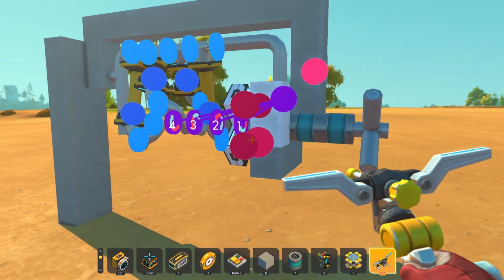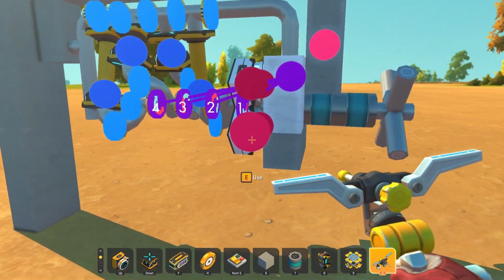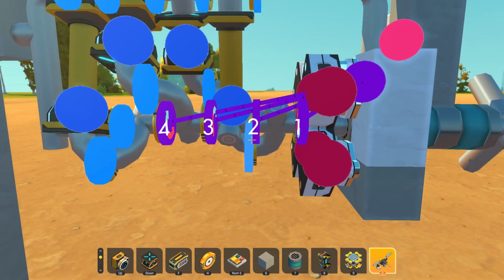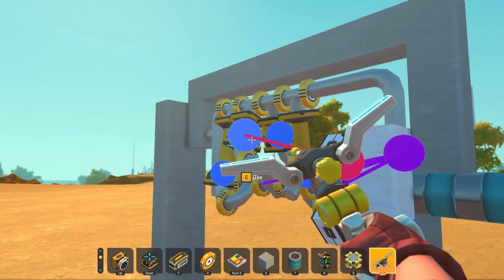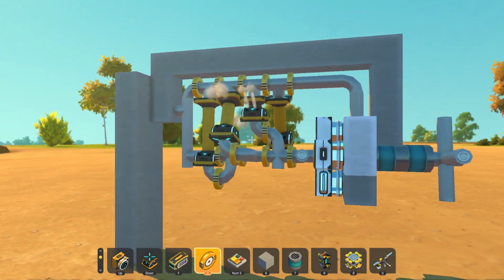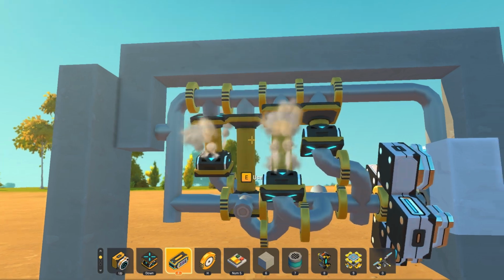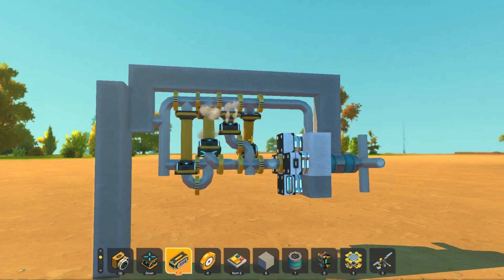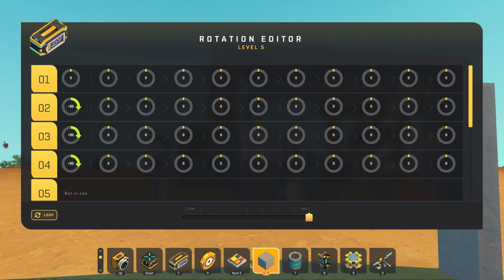And then with the sensors, you're going to want to connect this sensor to this piston depending on the way it's extended. Now put that sensor over there, this sensor over there, that sensor, and then this sensor. You wanna make them go 3 blocks long, just like that. And then with this, the controller, connect the switch to it, and then